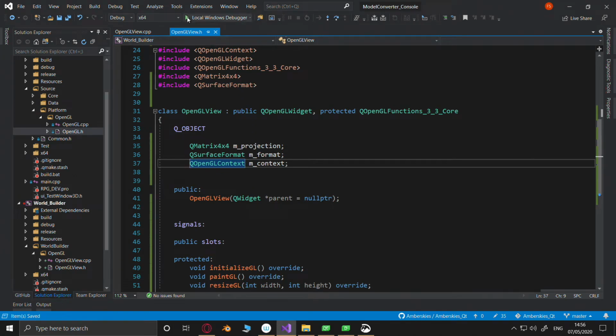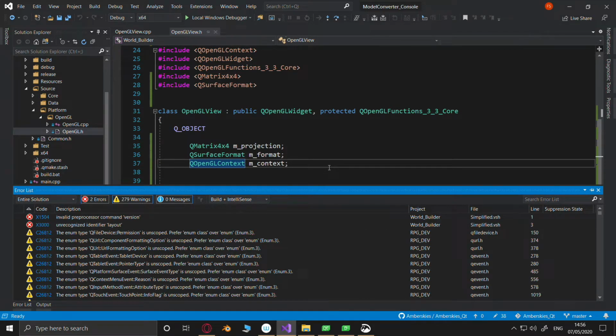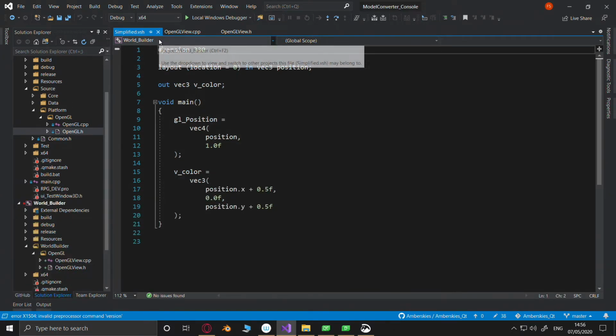Does it work? Good question. Invalid preprocessor command version. What? No, it's not. What are you trying to compile VSHs for?